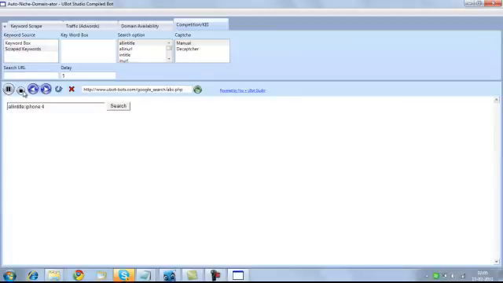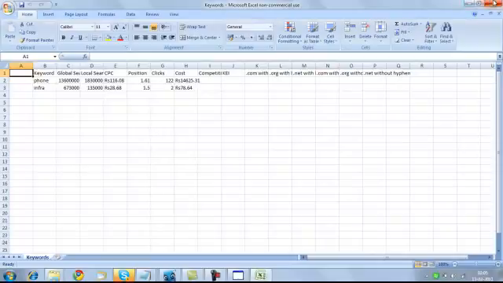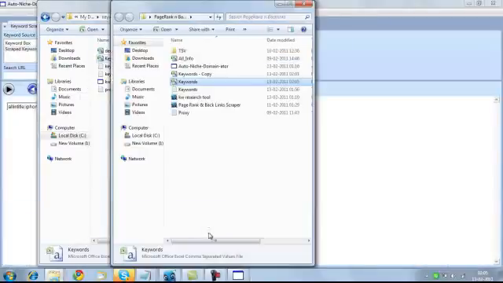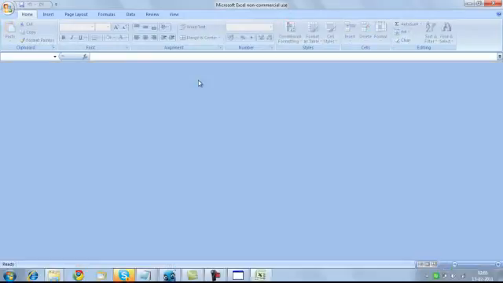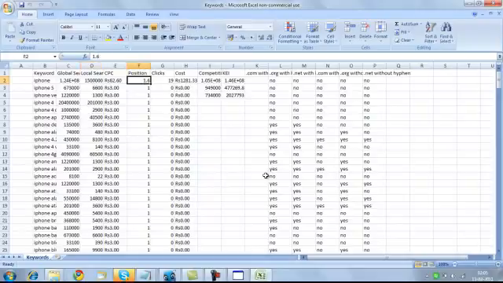So I'll stop the program here and show you what's there in the keyword file. The keyword file should now contain the competition as well as keyword effectiveness indexes. Yes, so you can see this is the keyword, this is the global search volume, this is the local search volume, this is CPC, position, clicks, cost, competition, keyword effectiveness index, and these are the domains available. It is just putting yes or no whether or not the domain is available.